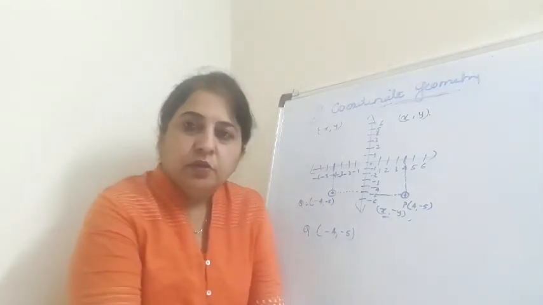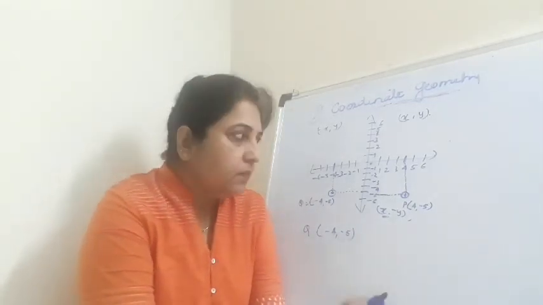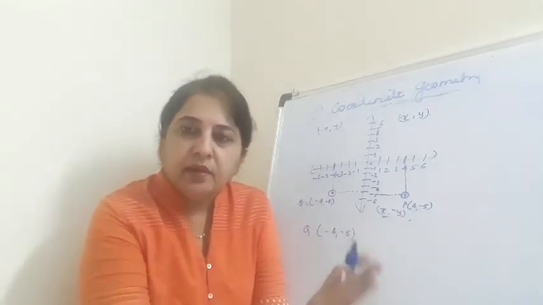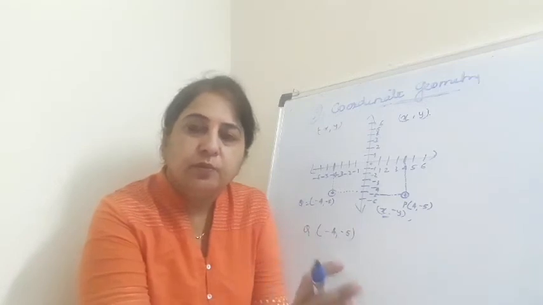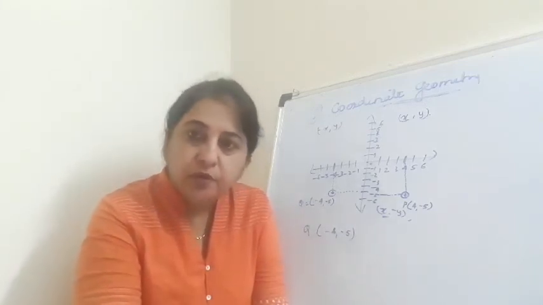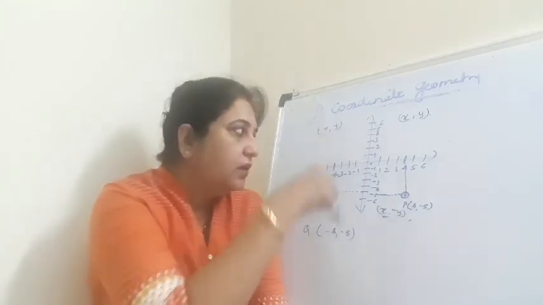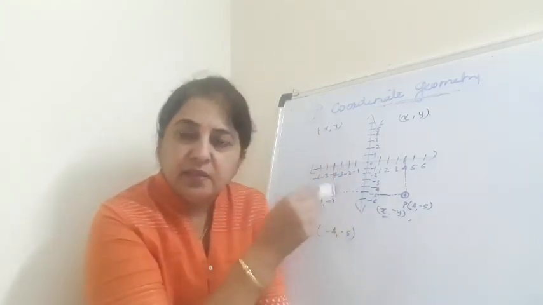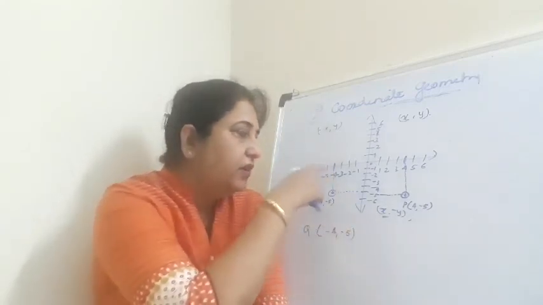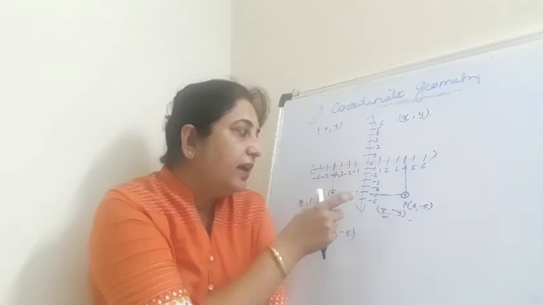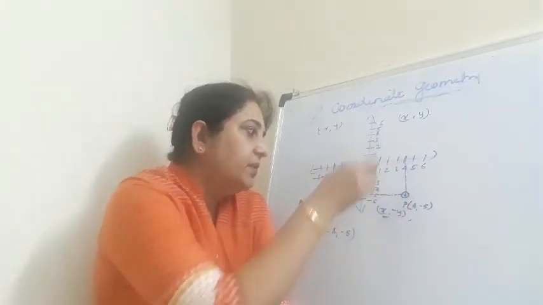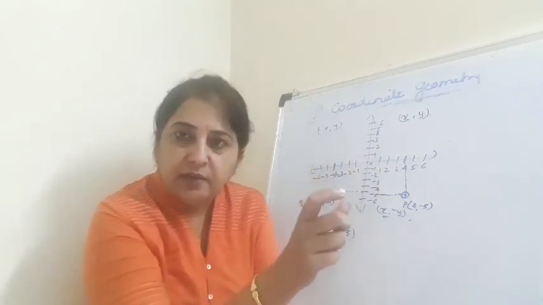Okay, so children, what will you do today? Today you will write what is a Cartesian plane, right? A Cartesian plane is a plane in which the points can be plotted. If you want a definition, you can check out your book, right? Then you will draw a Cartesian plane with x-axis and y-axis, and in the first diagram you will show the positive numbers and negative numbers. Here positive numbers and negative numbers in the first diagram.